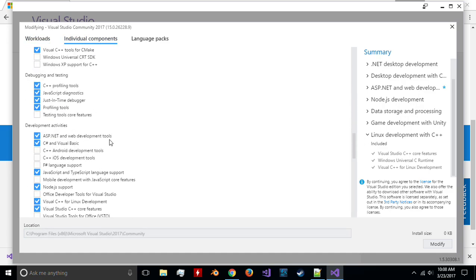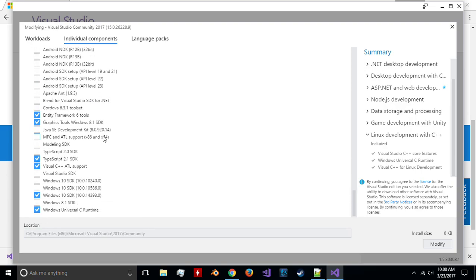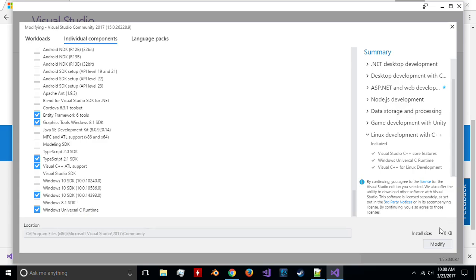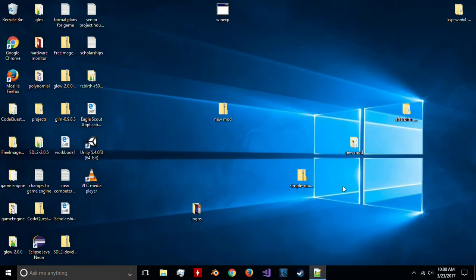The only thing you really need, the thing you want to make sure you have, is the Windows 10 SDK, or whatever operating system you're on. If you're on Windows 8, then you can choose that; Windows 10, that. Over here there'll be an install button, you'll just click that, and then it'll install. So now that I've got that covered,